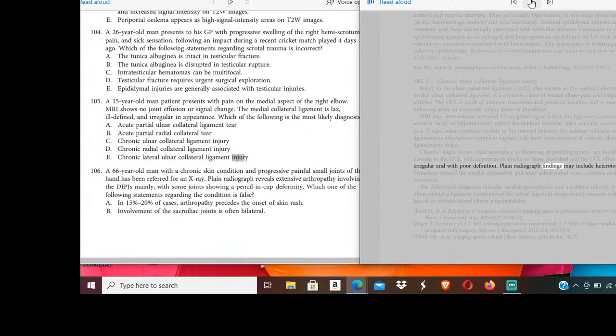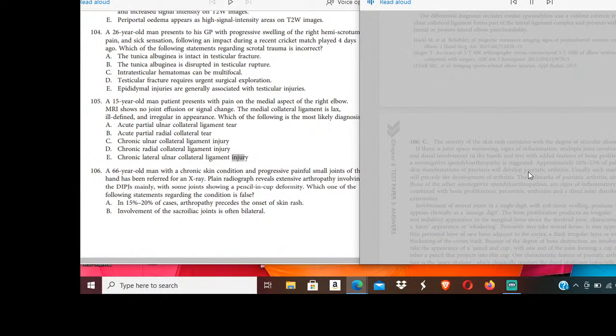Plain radiograph findings may include heterotopic new bone formation around the medial epicondyle and local subchondral cysts, sclerosis, and osteophyte formation. The differential diagnosis includes medial epicondylitis and a sublime tubercle fracture. Lateral ulnar collateral ligament forms part of the lateral ligament complex and presents with symptoms of lateral or posterolateral elbow pain/instability. Hackl M, et al, reliability of